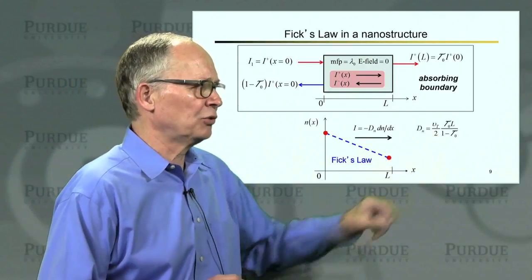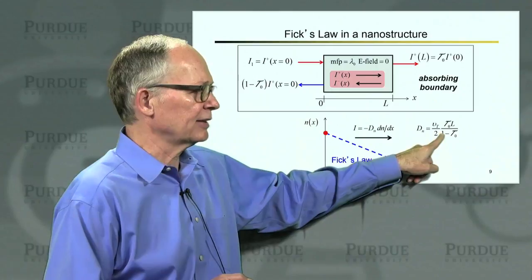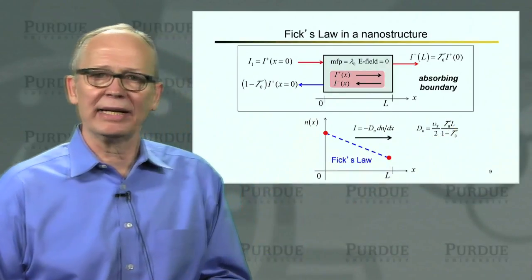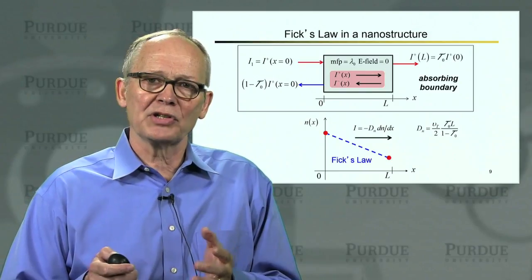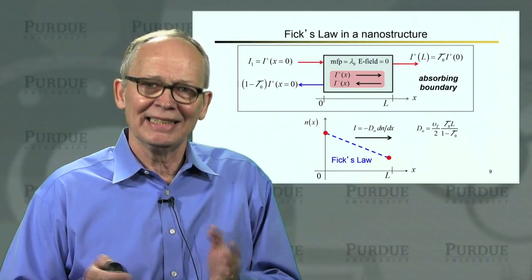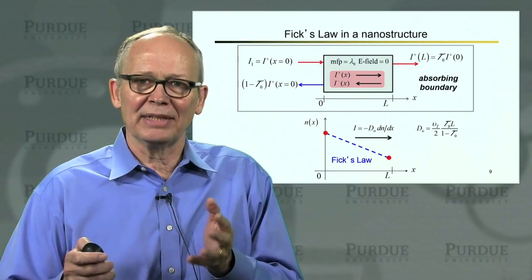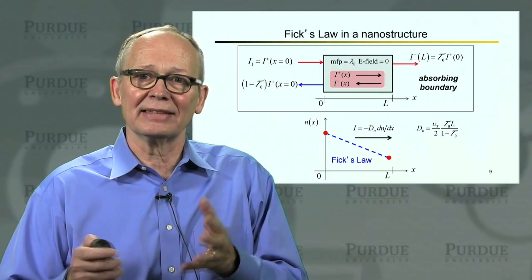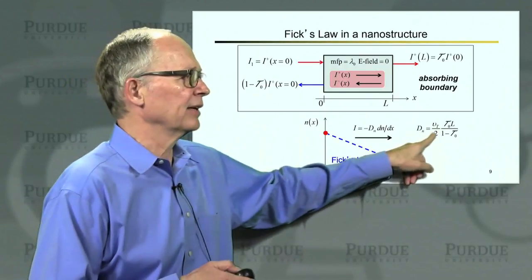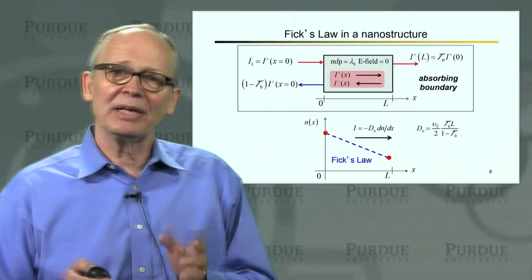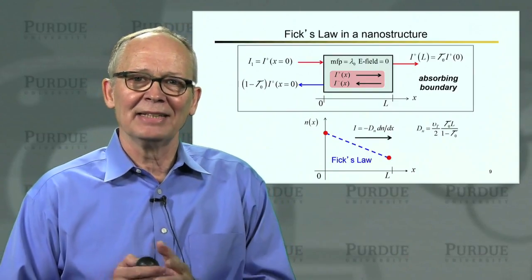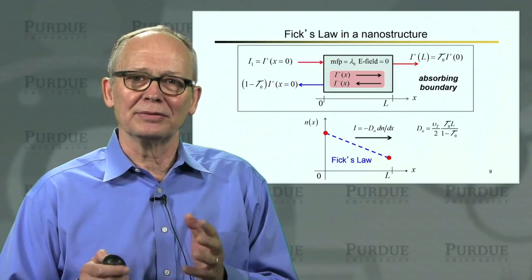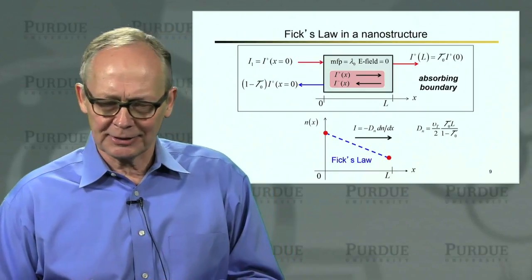Now, that might not be so surprising because when you look at this quantity, there is a slab length in it. So generally, we think of diffusion coefficient as a material property. It's not something that depends on the device or the device length. But we have a device length here. So we could say that, well, maybe we have derived a generalized Fick's law, something with a device length dependent diffusion coefficient, and that's why it works.